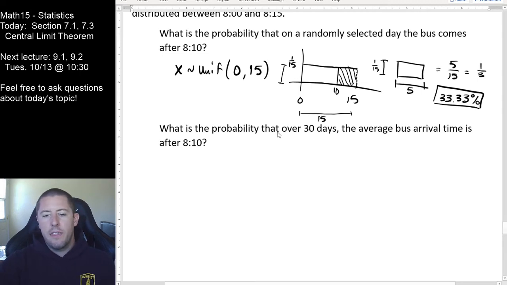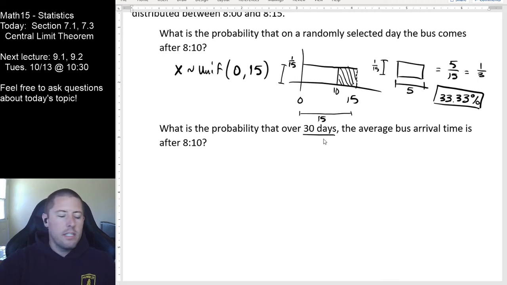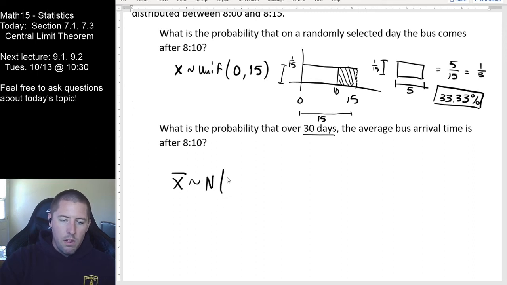Well, this is now looking at the average over 30 days. So this is what's telling me, well, we're now looking at the distribution of average times. And since 30 is at least 30, the central limit theorem applies, and we can go ahead and upgrade this to being our distribution of the sample mean. X bar is the sample mean. This is its distribution. It is normal, where we're getting our average from the X distribution, and we're going to get our standard deviation also from the X distribution, and we're going to divide by the square root of the size of our sample. Mu X, sigma X